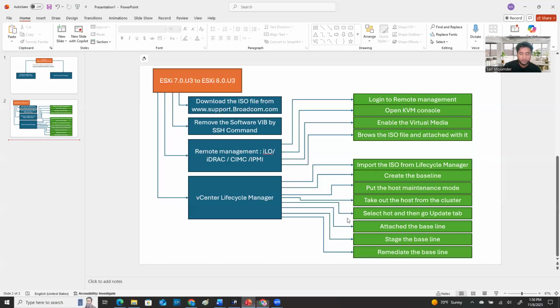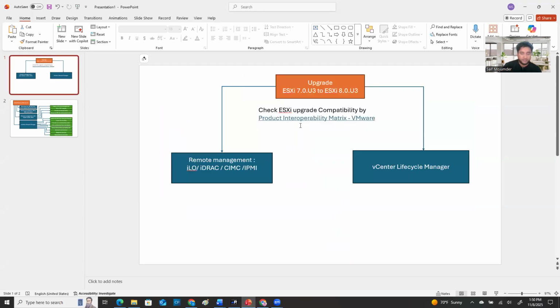So for upgrading, you have some prerequisites, which are some requirements, and I'll show you guys step by step how you can do that. I'm going to share my screen and show you on my home lab what you need to do. For updating the ESXi 7 update 3, which I have right now, I'm going to upgrade it to ESXi 8.0 update